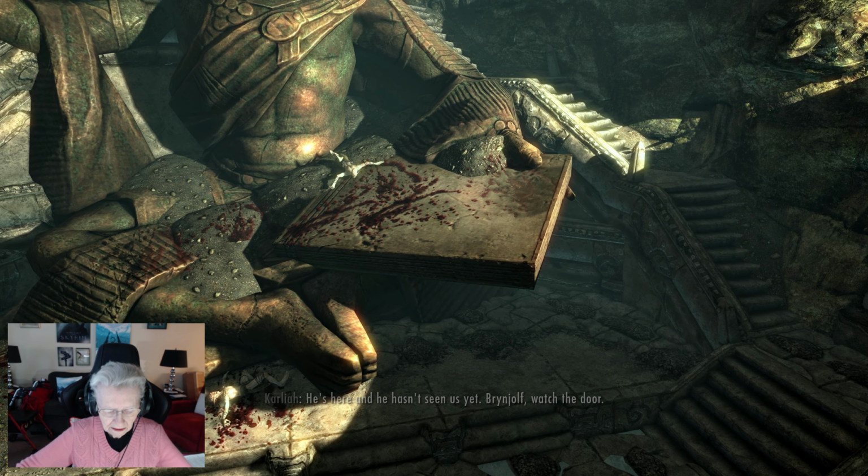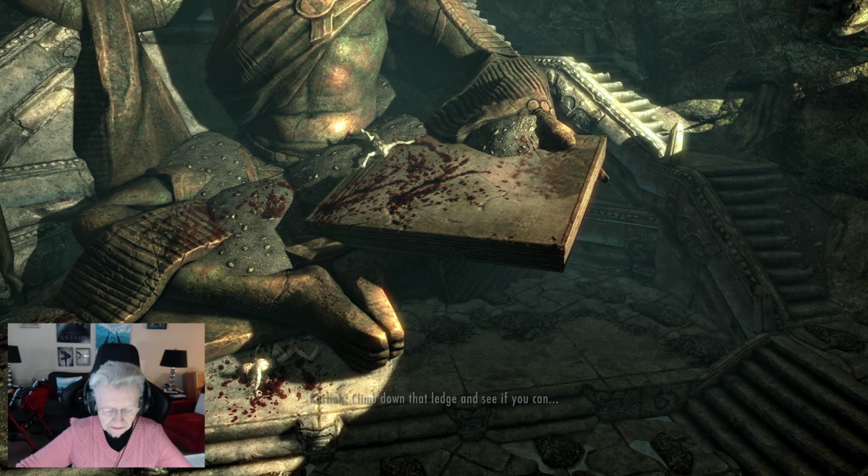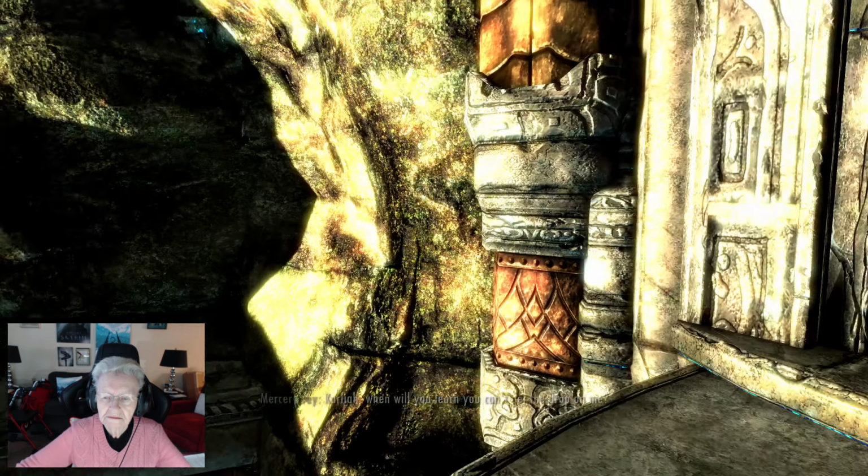Brynjolf, watch the door. Aye, lass. Nothing's get by me. Climb down that ledge. See if you can... Carlisle, when will you learn you can't get...